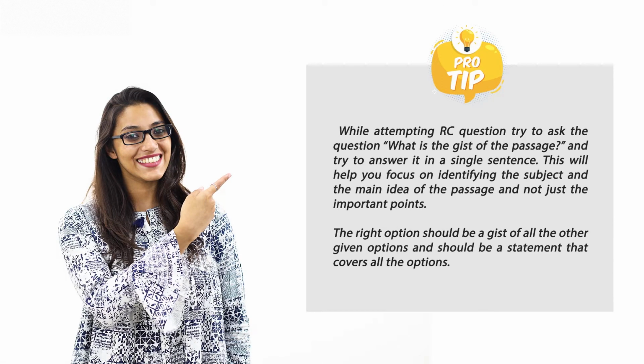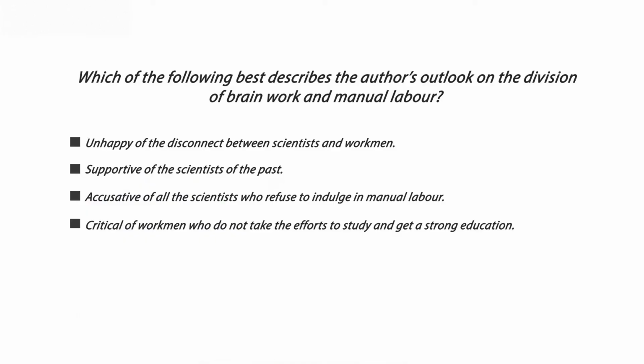But now, how do you identify the correct answer? While attempting RC questions, try to ask the question, what is the gist of the passage? And try to answer it in a single sentence. This will help you focus on identifying the subject and the main idea of the passage, and not just on the important points. The right option should be a gist of all the other given options and should be a statement that covers all the options. All the 4 options given are actually true with respect to the passage, but try to frame